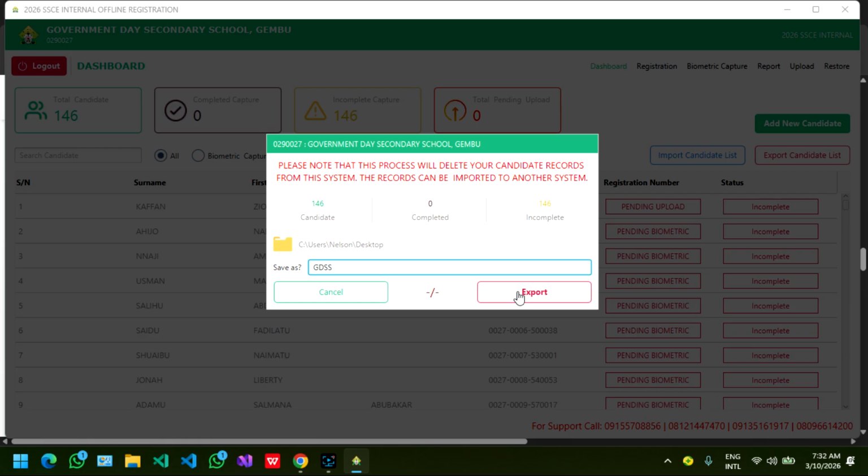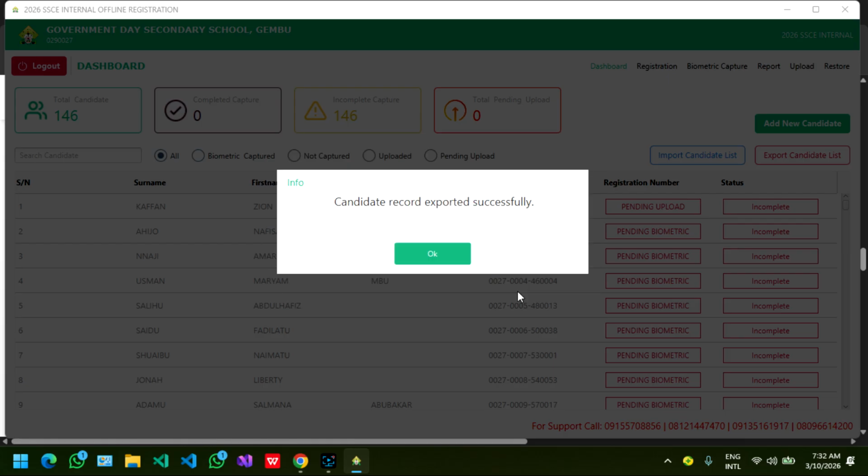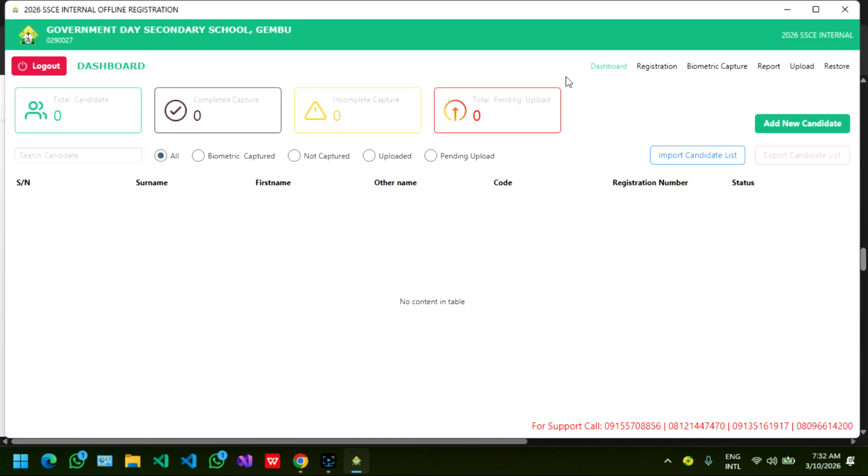If you had multiple schools, you need to export each of the schools. So as for this school, I had 146 candidates and I have exported it. This is the only school on the database, so it has exported that very school for me. I would now close this